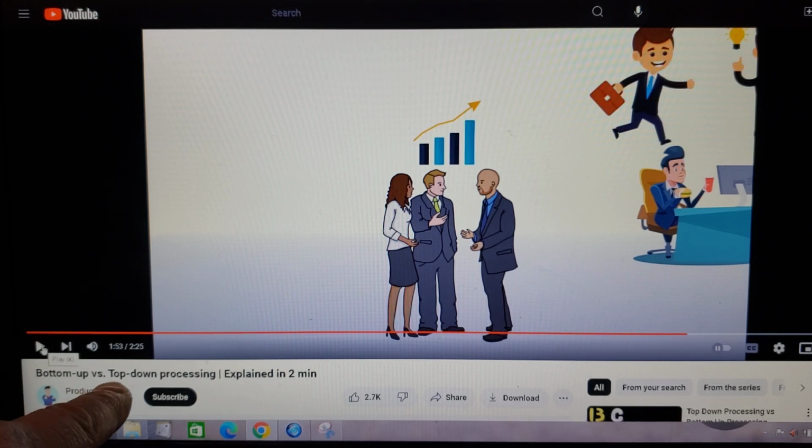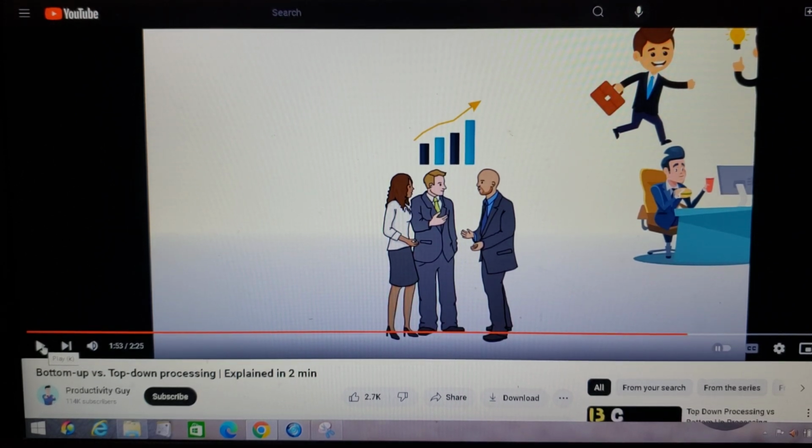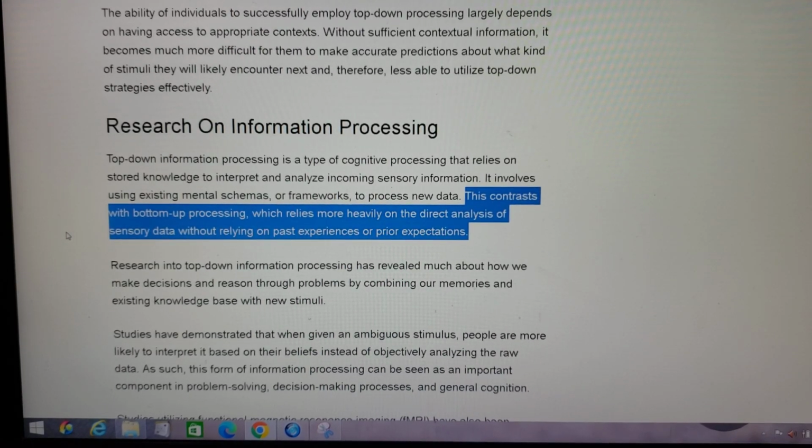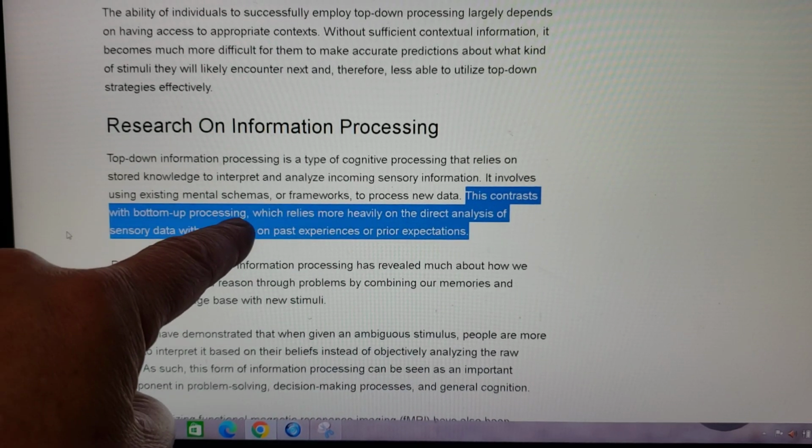And so this top-down processing that we're supposed to be using, it's been polluted by not doing the proper bottom-up recognition of our environment. And now we come back and we're screwing around with the top-down processing again, turning it into top-down control, forcing ourselves to interact with dogs, even though we know that it's not necessarily safe to interact with dogs. I'll share another write-up about this type of processing. This contrasts with bottom-up processing. They're talking about